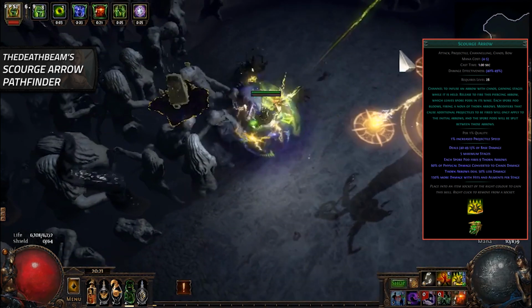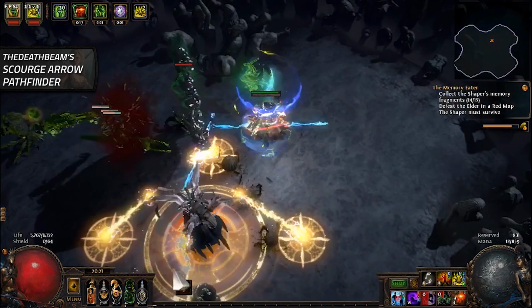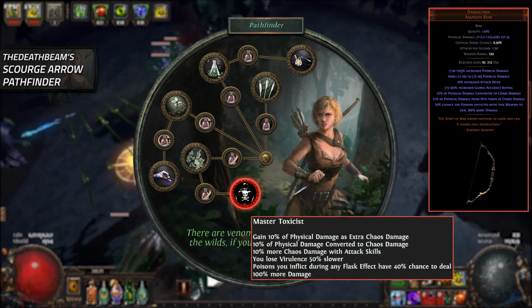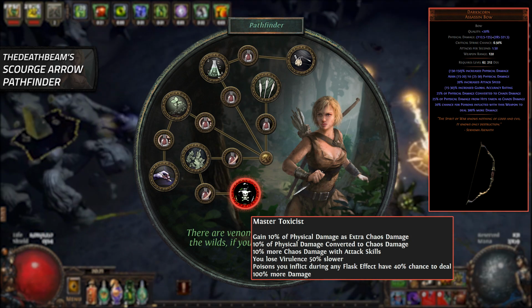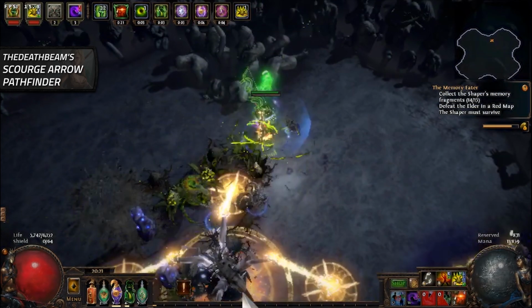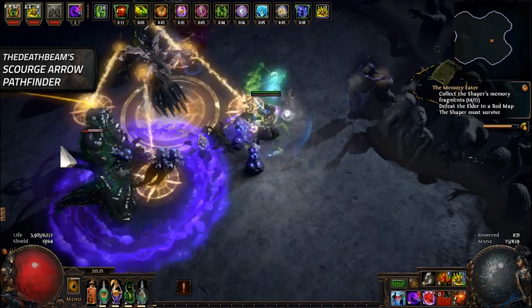Scourge Arrow also converts 60% of your physical damage to chaos, and this together with the Darkscorn Bow that adds another 25% conversion, and the Master Toxicist keystone from the Pathfinder Ascendancy that adds another 10% enables the build to have up to 95% of all physical damage being converted to chaos damage. Being able to effectively apply a high amount of chaos damage also means that the build is able to effectively